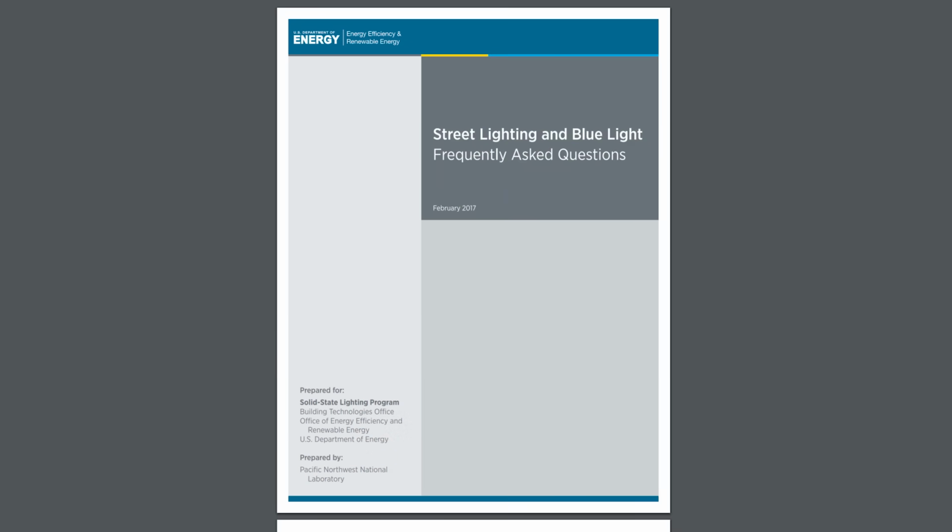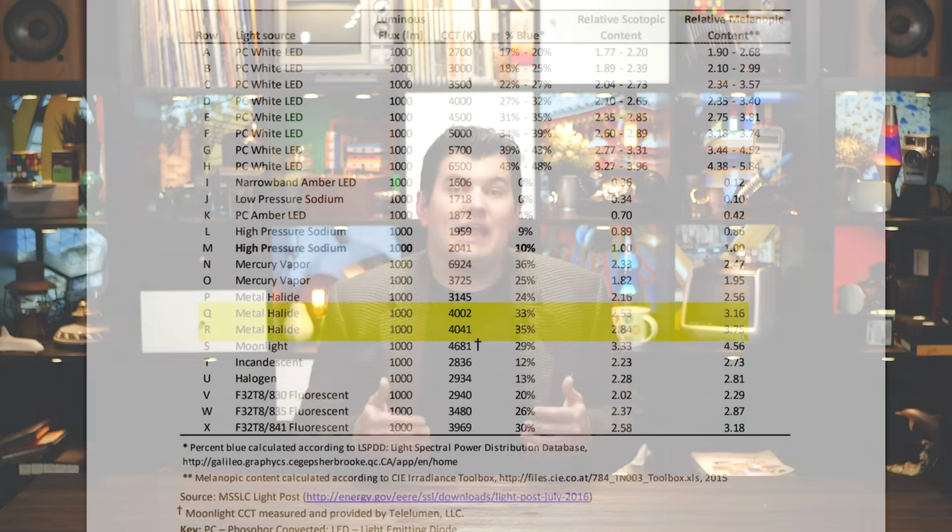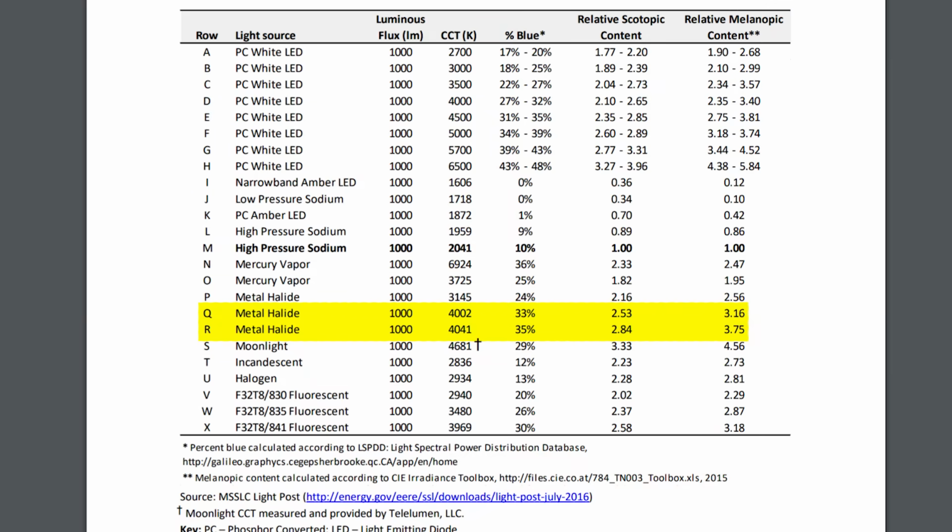To help us understand the impact different light sources can have on circadian rhythm disruption, light sources are characterized by their melanopic content. There's a great source from the US Department of Energy linked down below which goes over this in much greater detail, but as a general overview, with high-pressure sodium technology normalized at 1 for both scotopic light content and melanopic light content, a metal halide lamp with a color temperature of about 4000 K will have about 2.5 to 2.8 times as much scotopic light content, but also produces 3.16 to 3.75 times as much melanopic light